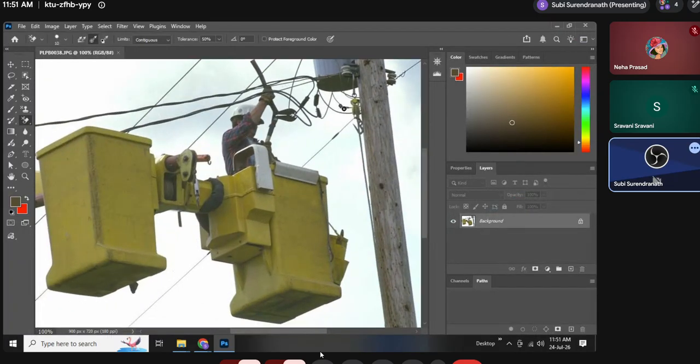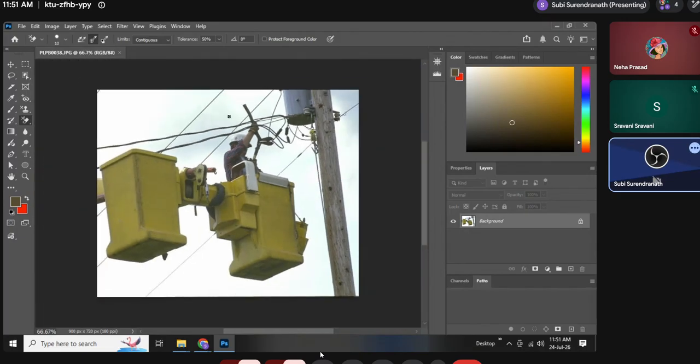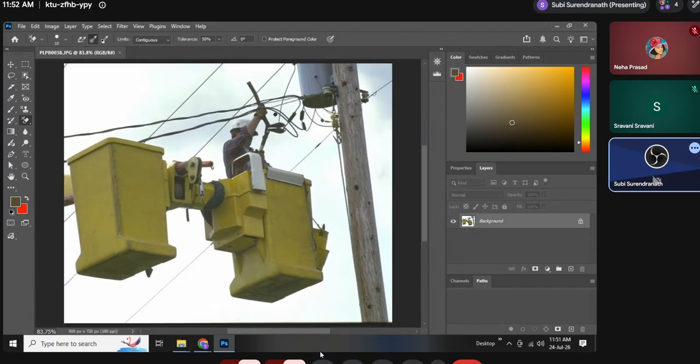So here we have an image. Here some ropes are there, some wires are there, and one person is there, and there is a background. Okay. So I want to remove this background. So we can use the background eraser for this. So take the background eraser,